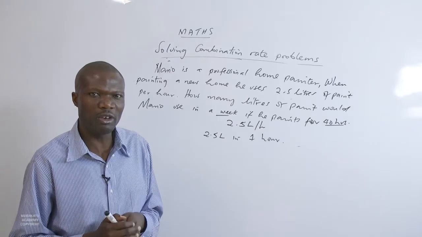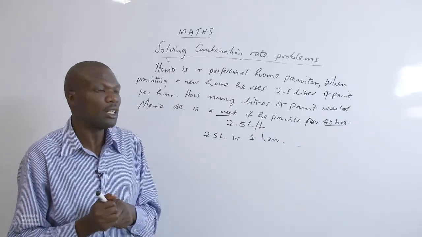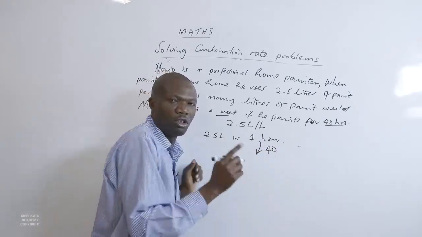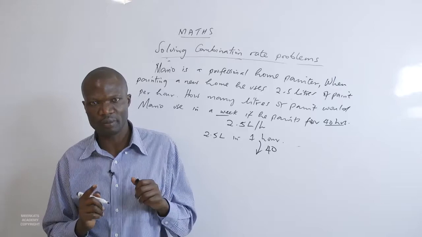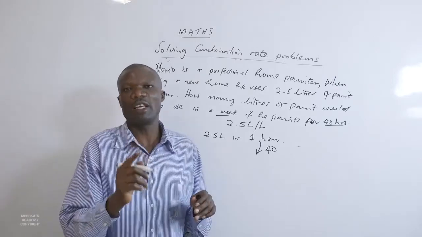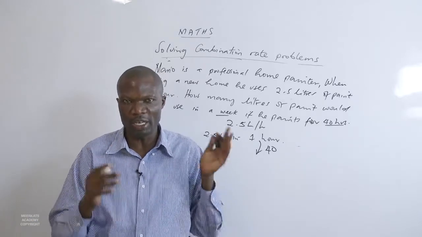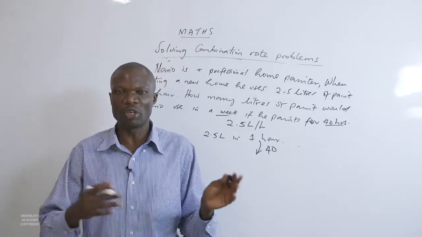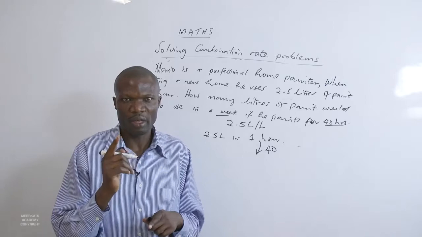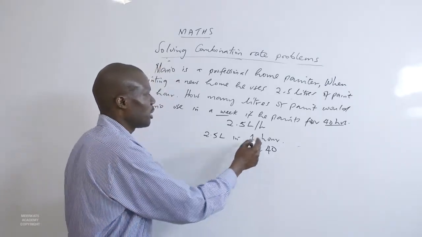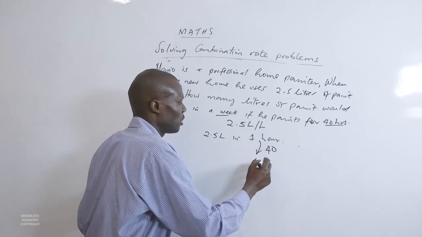How many hours did he work that week? It's 40 hours. So we are going to multiply hour by 40 and not just write down that's 1 week. Neither are we going to say 1 day has got 24 hours, 1 week has got 7 days, so multiply 7 by 24 hours. No. We have the hours that were worked in 1 week. So 40 times 1 is 40 hours,